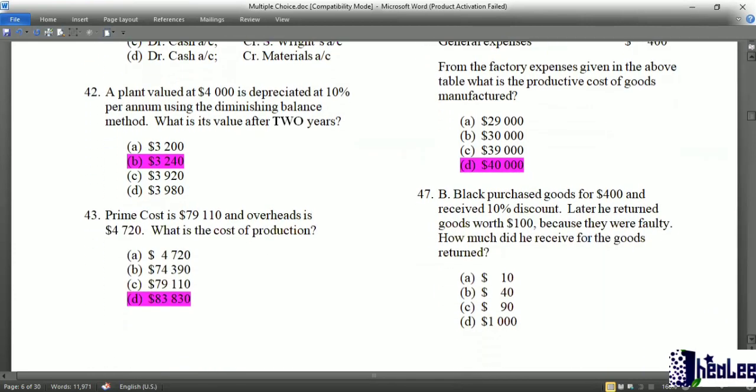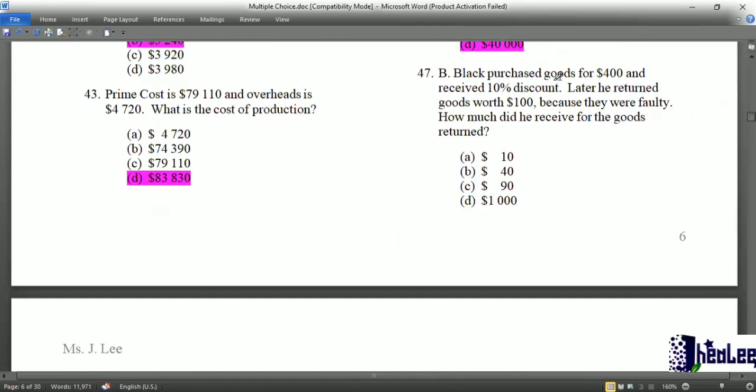Number 47, B Black purchased goods for $400 and received a 10% discount. Later, he returned goods worth $100 because they were faulty. How much did he receive for the goods returned? At the time of the purchase, there was a 10% discount given. So if he's returning $100 worth of goods, what he would get in return would be 100 times the 10%, which would give you the discount, and then you minus that $10 from the 100,